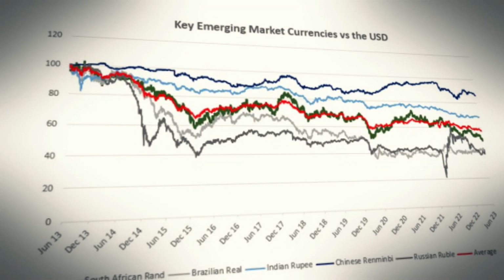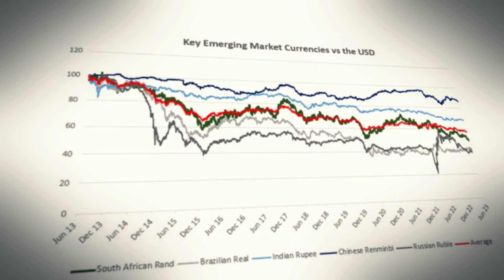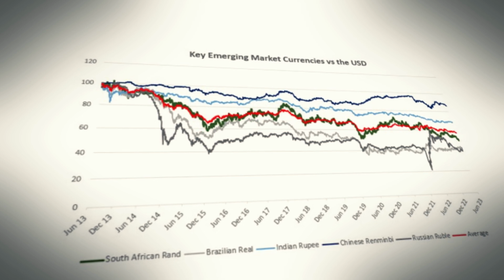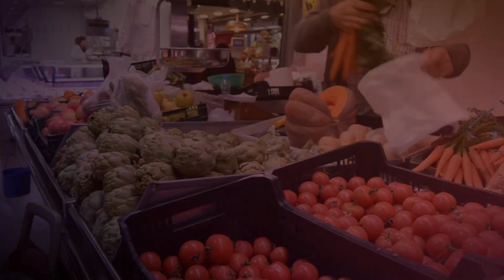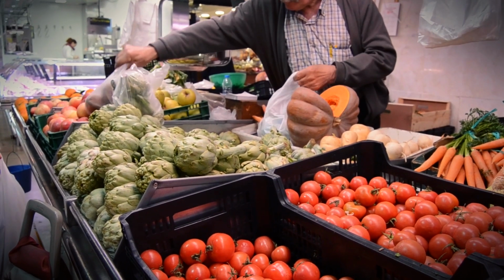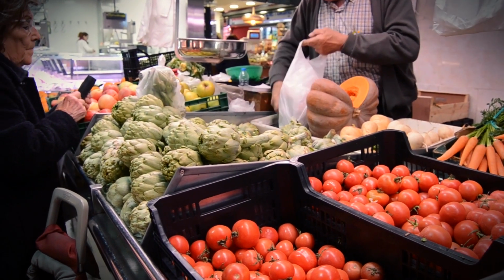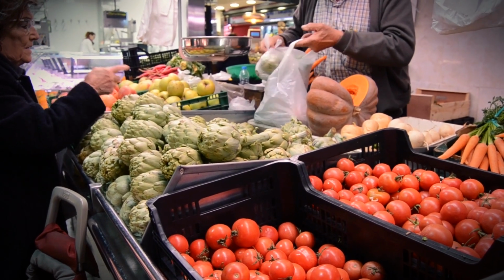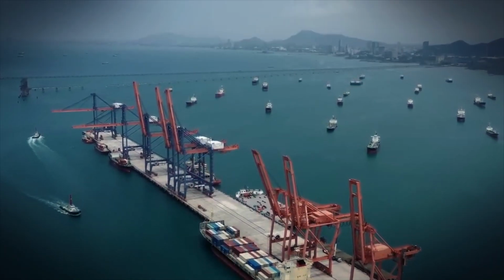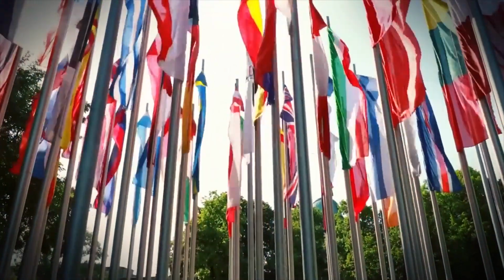The South African rand has been experiencing a decline in value against the US dollar and other major currencies. The reasons behind this decline are multifaceted and complex but can be attributed to a number of factors. Firstly, the value of a currency is determined by the market forces of supply and demand. In the case of the rand, its current weakness can be attributed to a myriad of structural problems facing the local economy. The main determinants of a currency value include demand for a country's goods and services, which is closely linked to the growth and national income of its main trading partners.